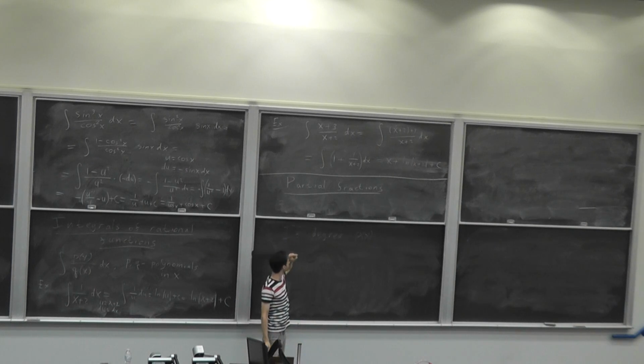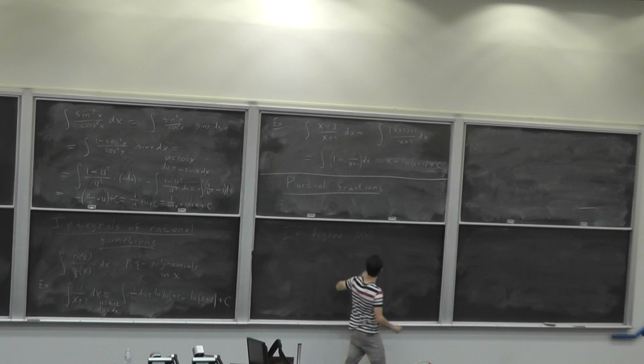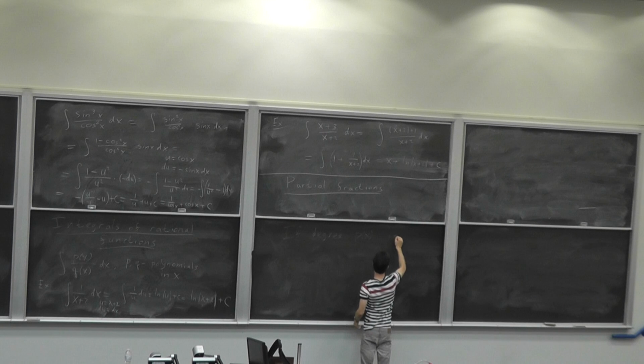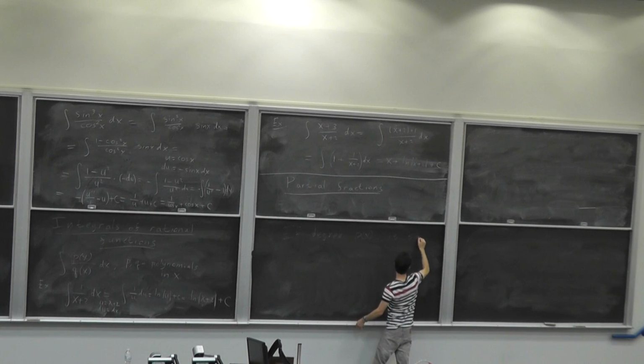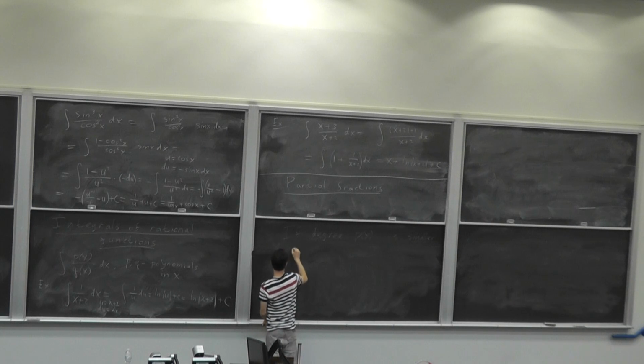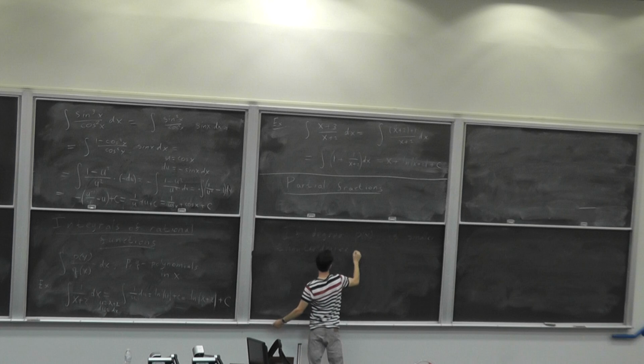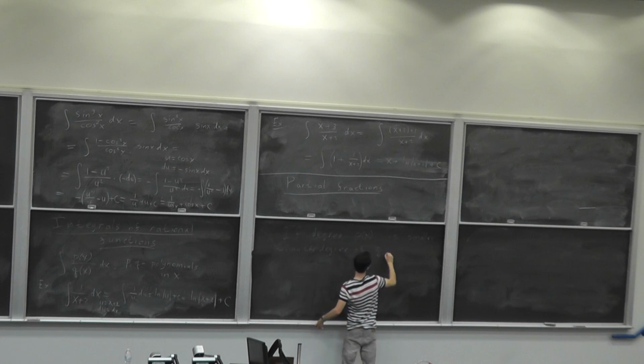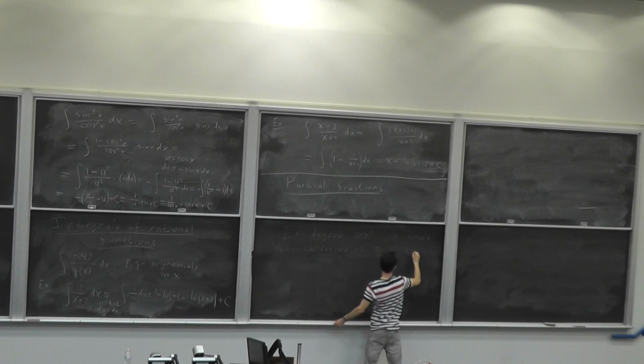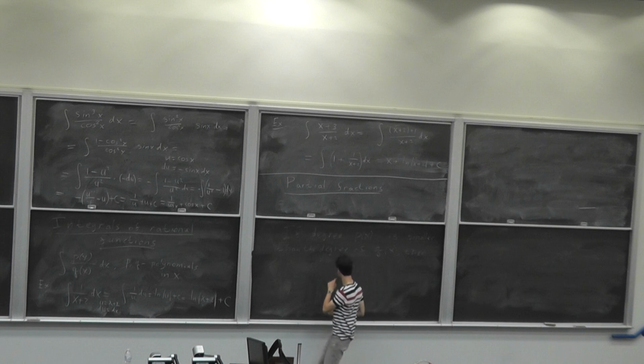Here it was 1. So if the degree of the numerator is smaller than the degree of the denominator, then